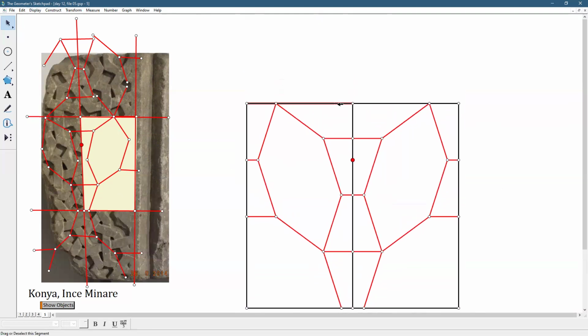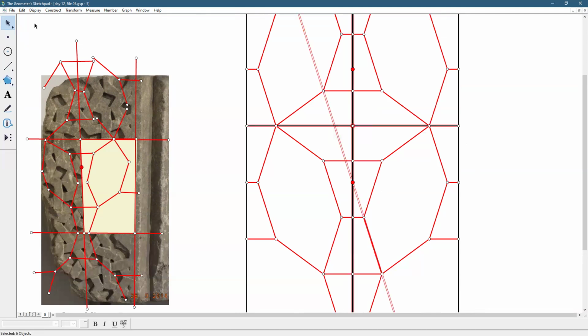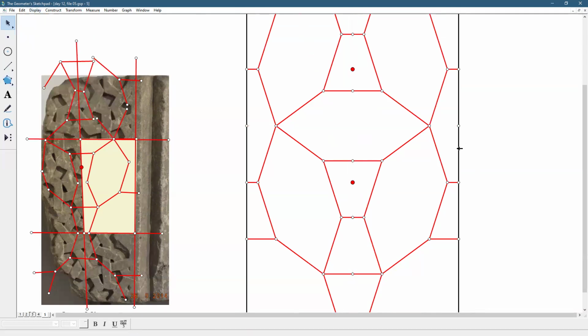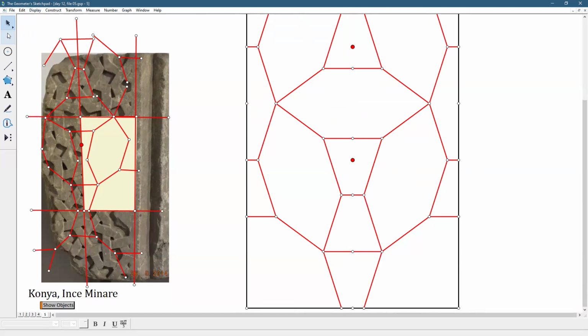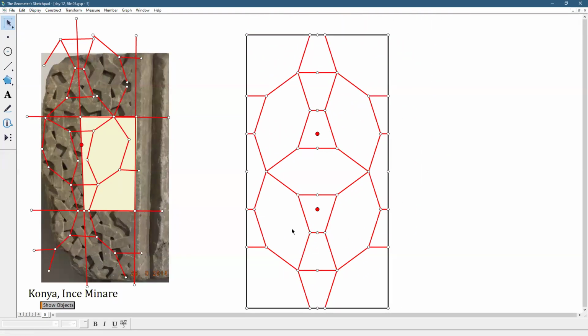But if you wish to make interlace, we have to just do this. I still have transform, reflect. And now make it smaller because this thing is very, very big. Yes. Okay. Now I don't need these points